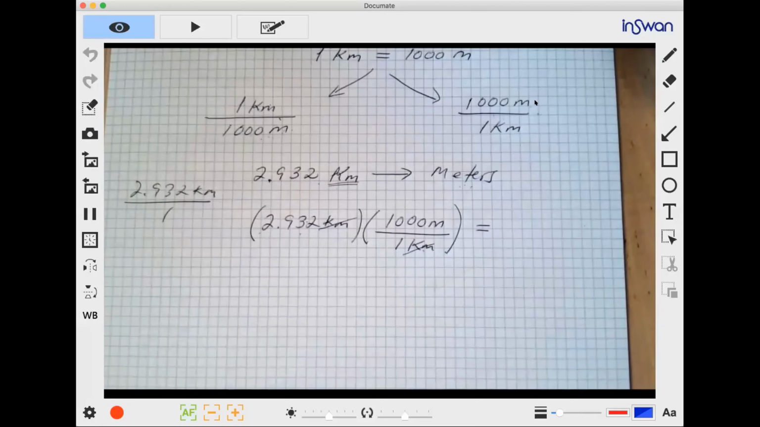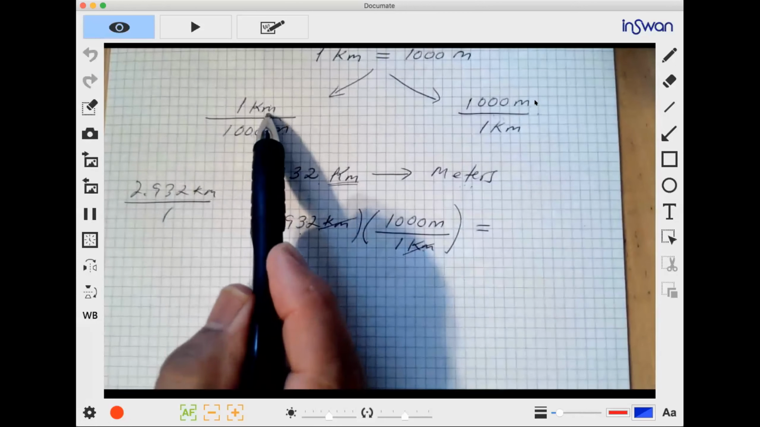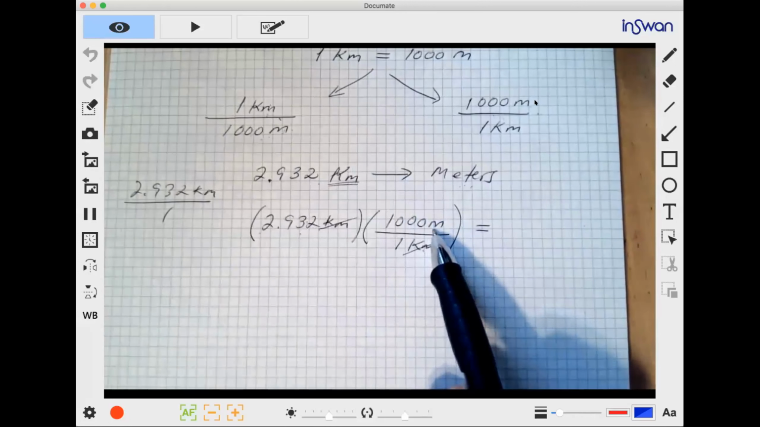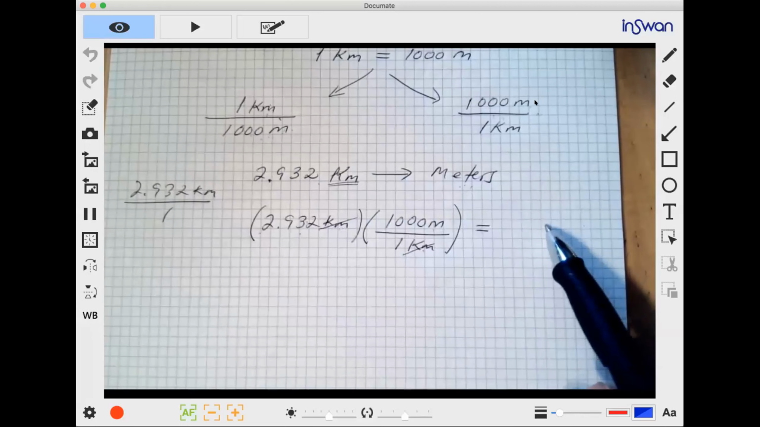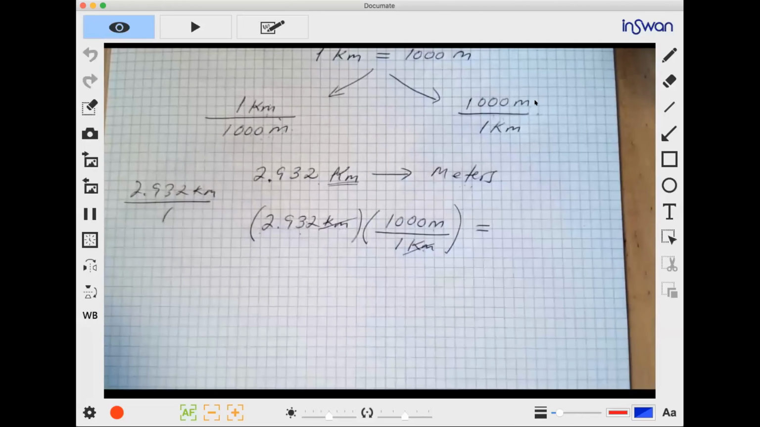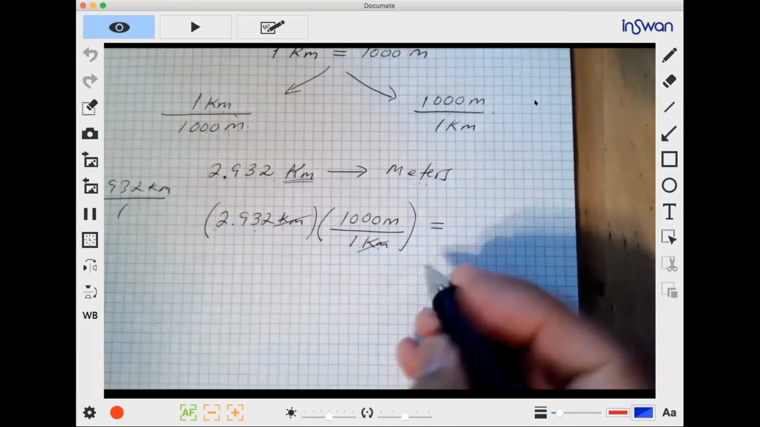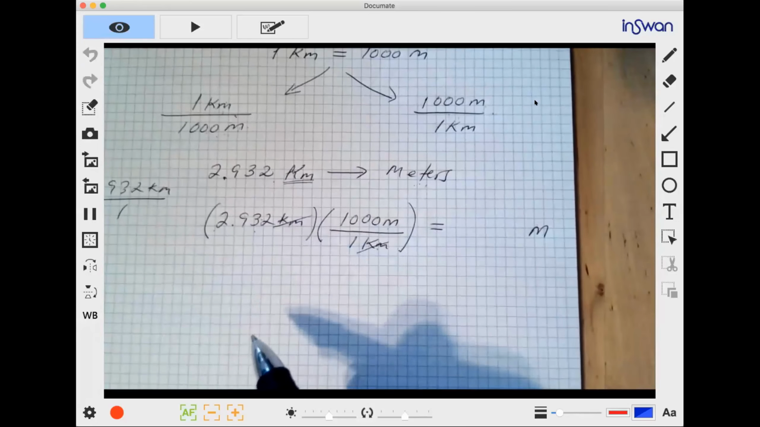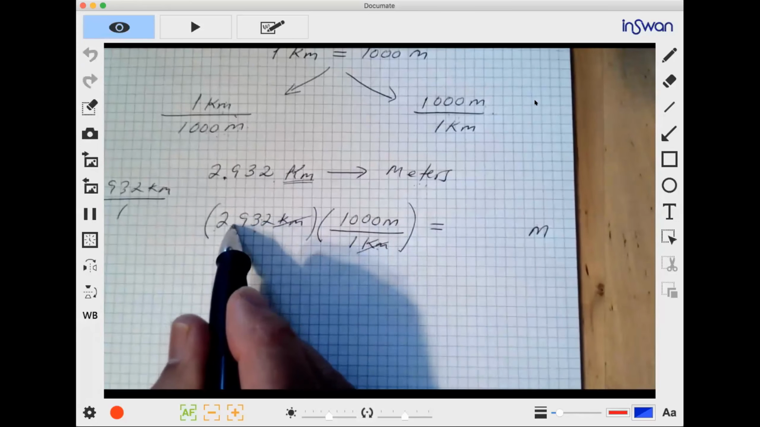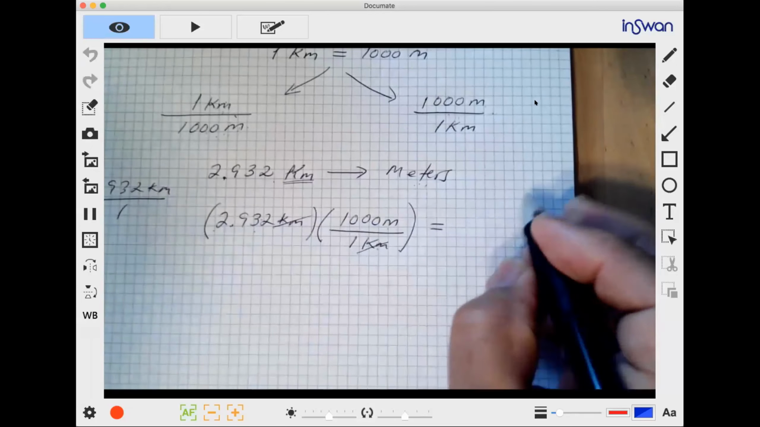So that's one way to check that you are getting the right units. If I had chosen the other conversion factor, I would have kilometers on top and I would be getting kilometers times kilometers, kilometers squared. So that would be wrong. But if I do it right, what I get here as units is meters because the kilometers are gone. And then I just multiply with my calculator 2.932 by 1,000. I'm going to get